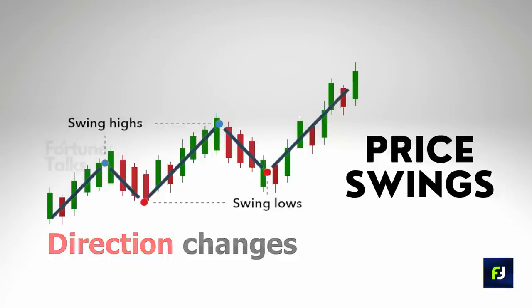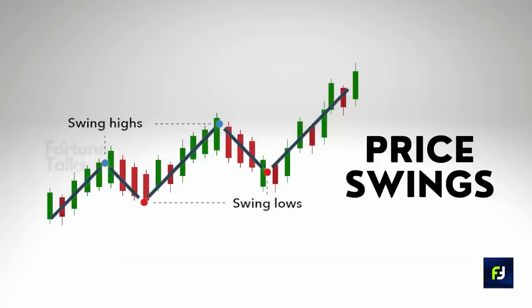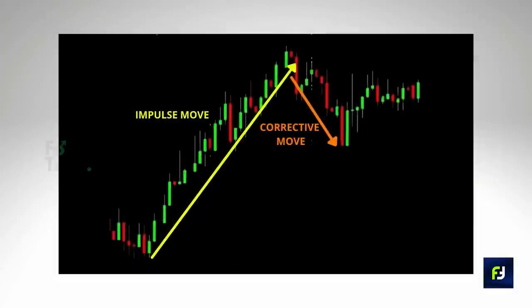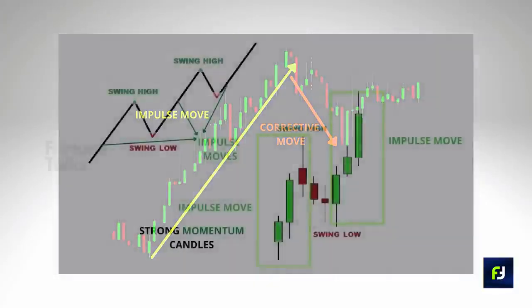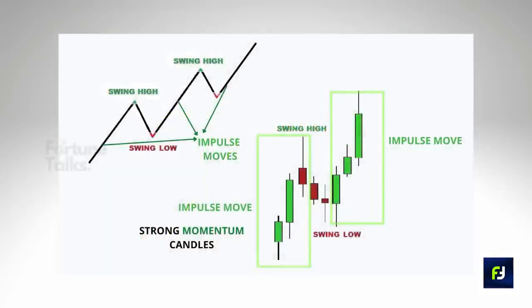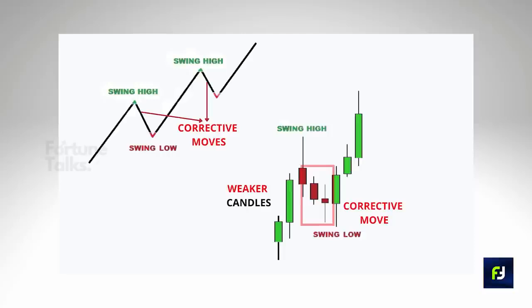This nature of price oscillation is called as price swings. A typical price swing will consist of an impulse move and a corrective move. The impulse move is the strong move with stronger price action candle, while the corrective moves in a trend are generally weak or dull moves opposite to the direction of impulse move. Moving on, let's understand this by taking up each of the trend types and learning how to draw the trend